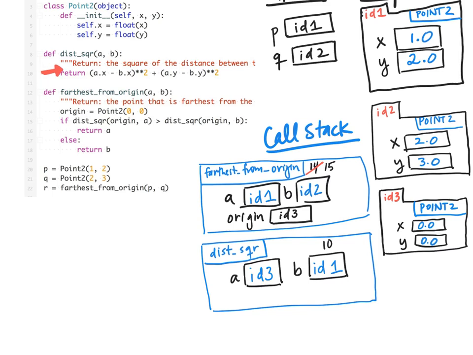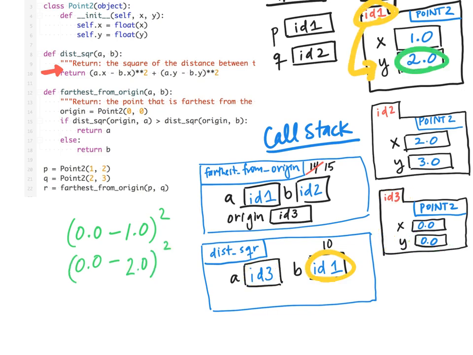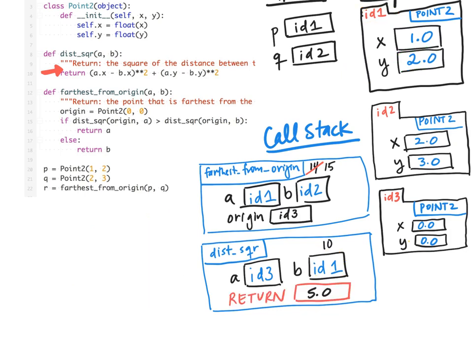This line has us look at point A's x attribute, take that value, and subtract from it point B's x attribute, and then square that value. We then look at point A's y attribute, take that value, and subtract from it point B's y attribute, and square that. We add the two numbers together, and this is the return value of this function. When we return from this function, the call frame goes away, and the return value 5.0 is returned to the